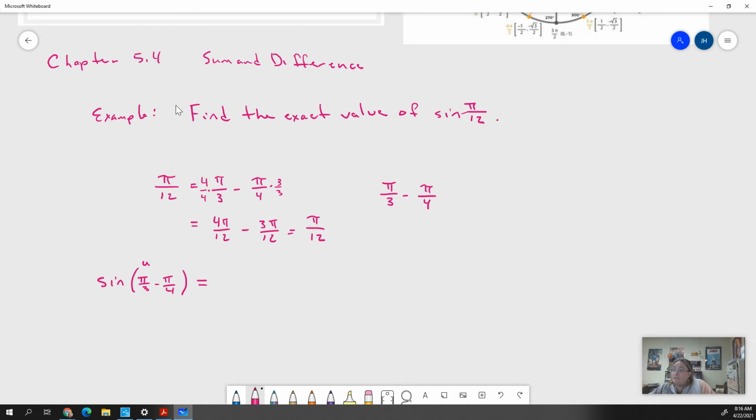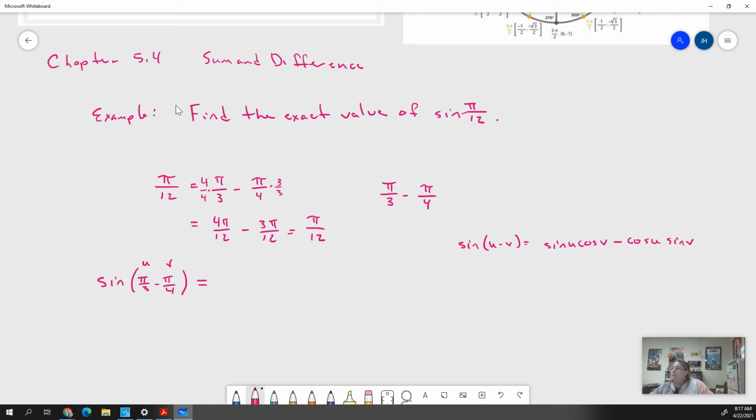Technically, this is our u because it comes first, and this is our v, right? And so when I write this, I'm going to write over here what it was. It was sine of u minus v equals sine of u times cosine of v minus cosine of u